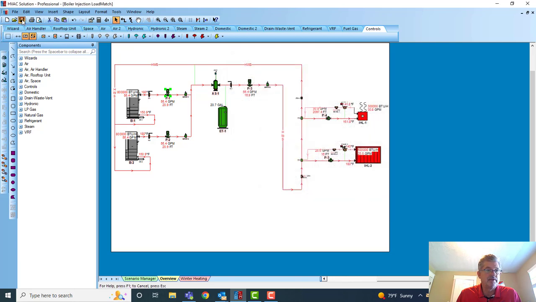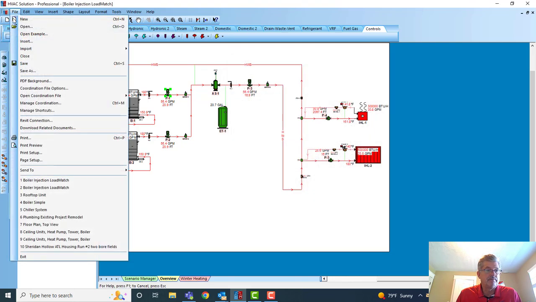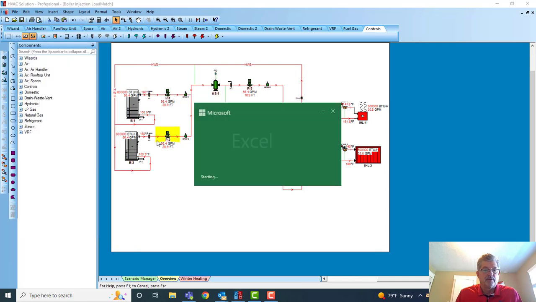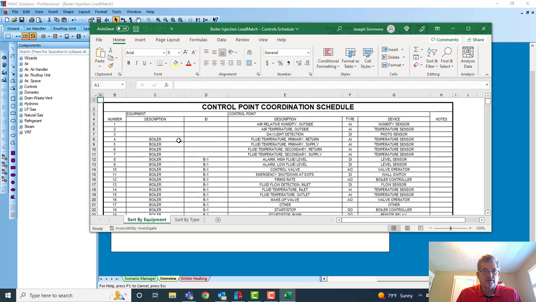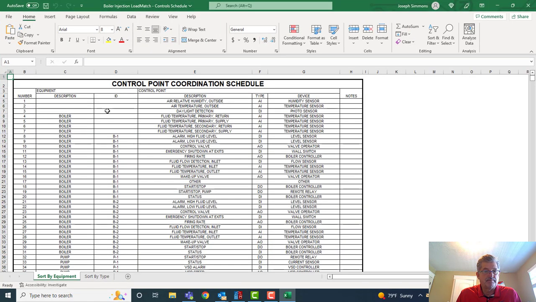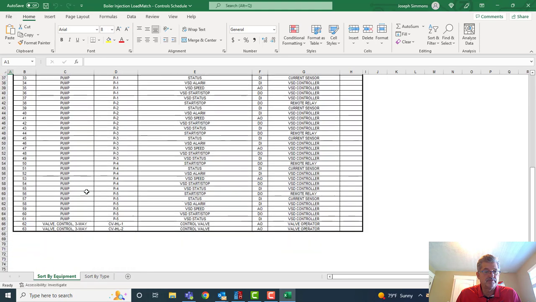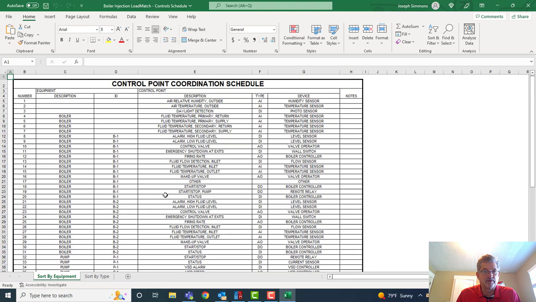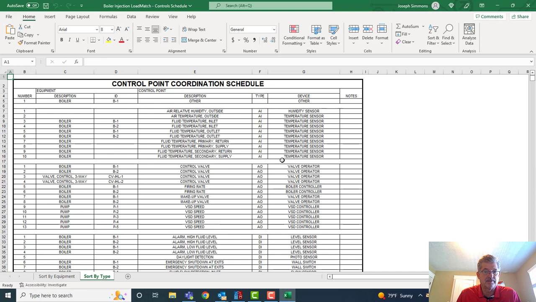Let's just be sure we save that again. Then File, I'm going to open the control schedule, and whatever boxes I checked or whatever controls I added all appear right here as part of the boiler, pumps, valves. And then if you want to sort them by type, down here you'll see there's all the temperature sensors. There's my one humidity sensor. There's the valve operators. So this schedule I would give to my control expert, specialist, whoever I'm working with,